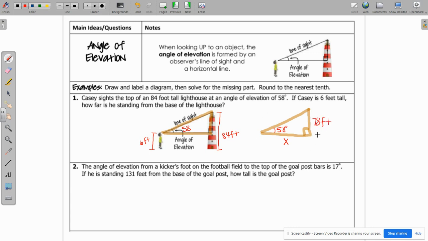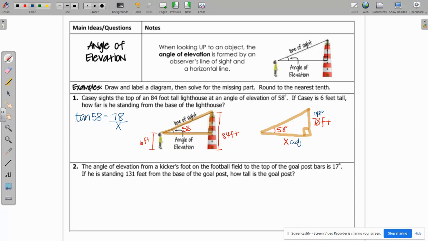And now you can see that we have a right triangle where one of the acute angles and one of the legs is given, and we're solving for the other leg. Based on the position of this angle, this side is the opposite side. This side is the adjacent side that we're looking for. So this is going to be a tangent equation. I'm going to write it over here just because I have some room. So the tangent of our angle 58 equals opposite over adjacent, so 78 over x,